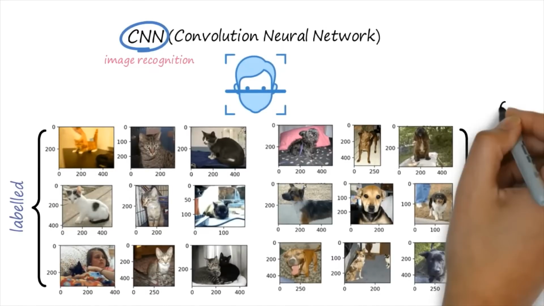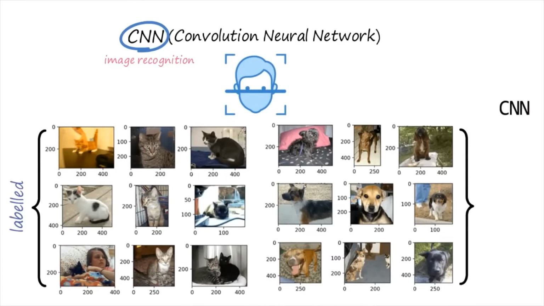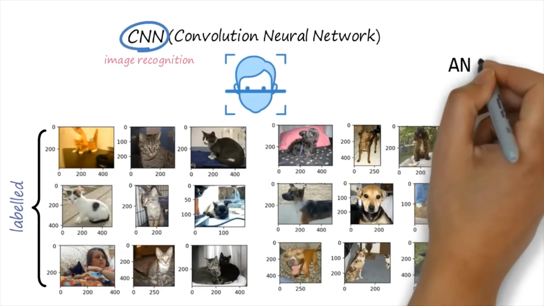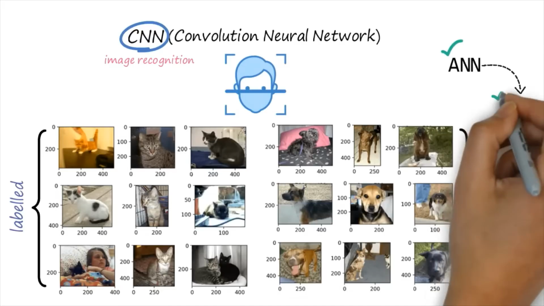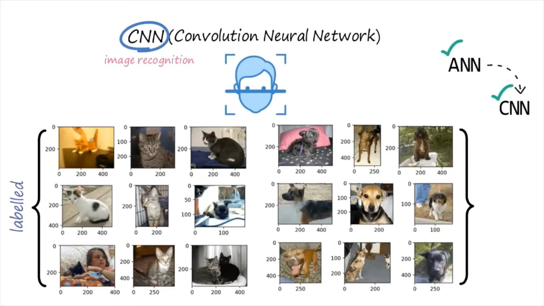Whenever I'm talking about CNN, don't think that it is a new thing. We have already discussed artificial neural networks. This neural network is modified further as CNN. But we will also discuss the potential differences between ANN and CNN. In order to perform image recognition or object recognition in CNN, we have to follow certain steps. Today I am going to discuss those steps, which are very important. So let's start.